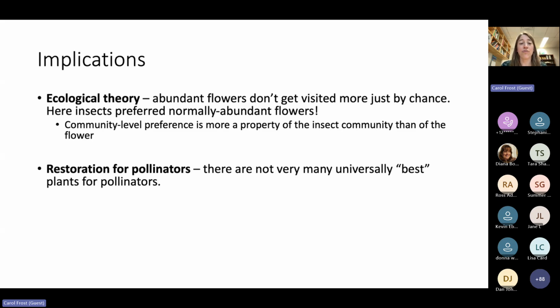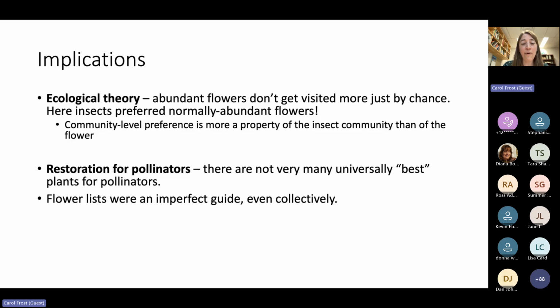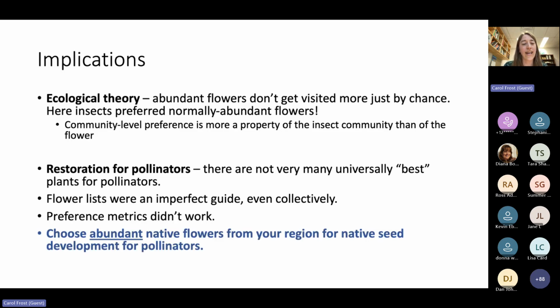The implications for restoration for pollinators is that there aren't very many universally best plants for pollinators. We found only 2 of them. And then flower lists were an imperfect guide, even collectively. Preference metrics didn't work. So what I would recommend in terms of what flower species we should work on seed development of for restoration projects would be native flowers that are naturally abundant from the region that the native seed